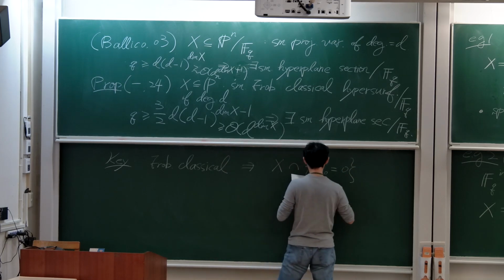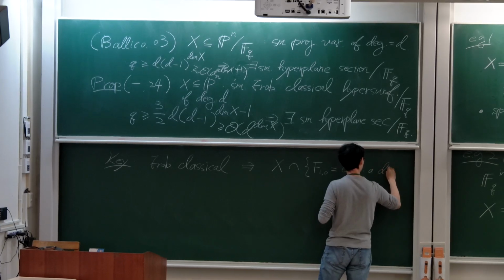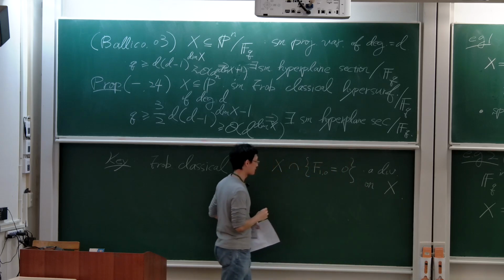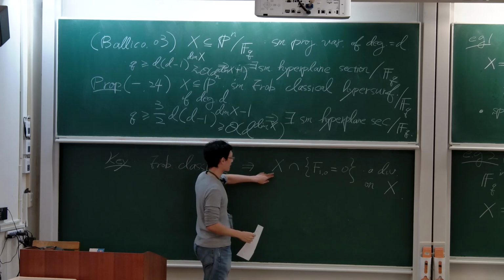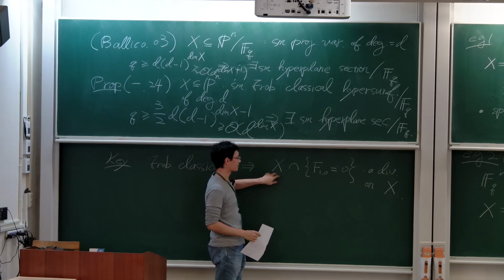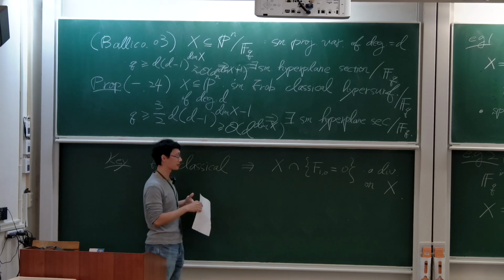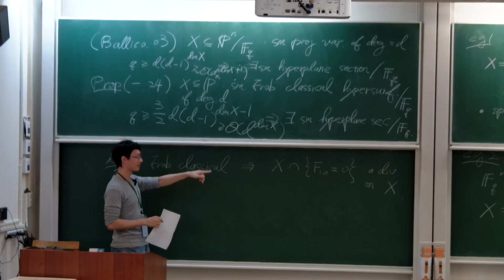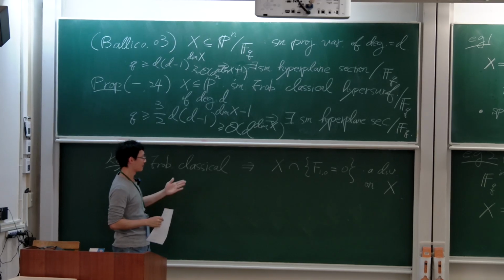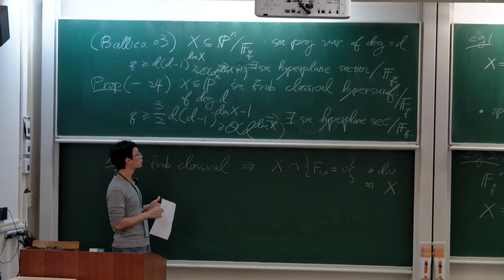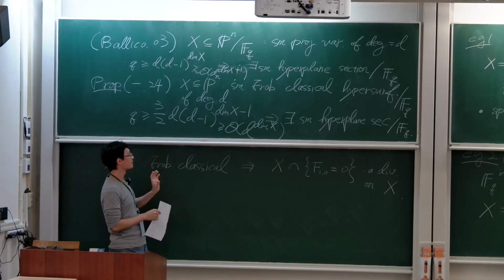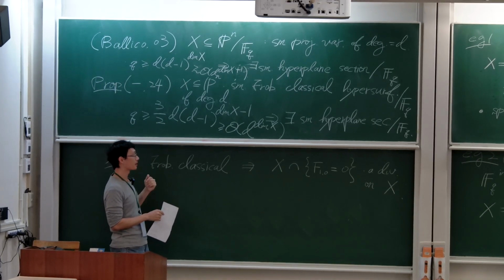This is a divisor on X. If it's Frobenius non-classical, then in that case the defining polynomial of X divides F10, so X appears as a component of that hypersurface. The property of being Frobenius classical means that it's a divisor, and this allows us to bound the number